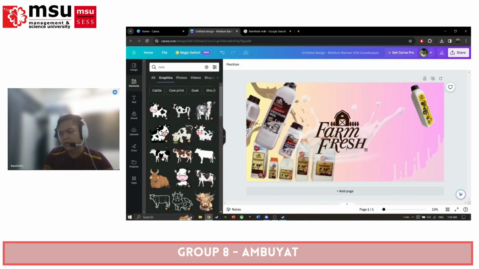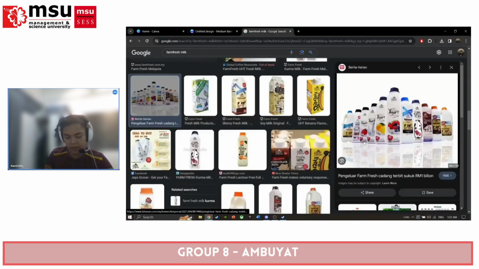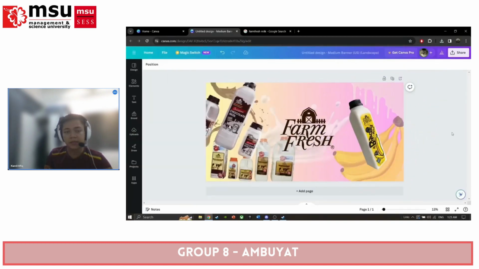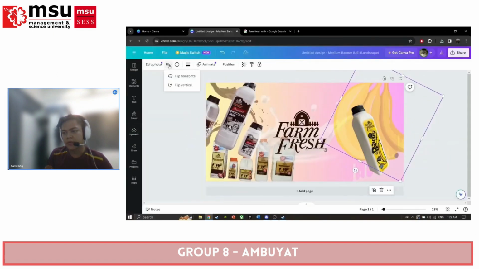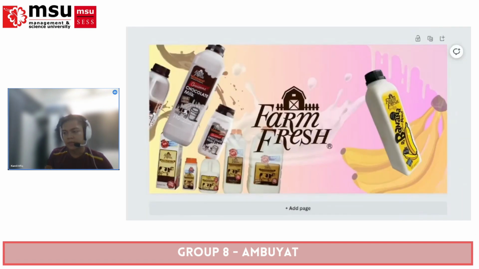The tool that I used is Canva, because it is much easier to edit the graphics. Then I uploaded it on the Facebook platform, where it is used as the cover photo of the business page.